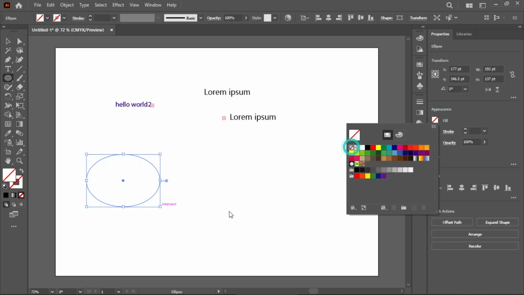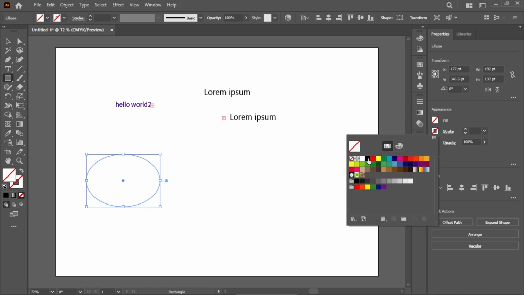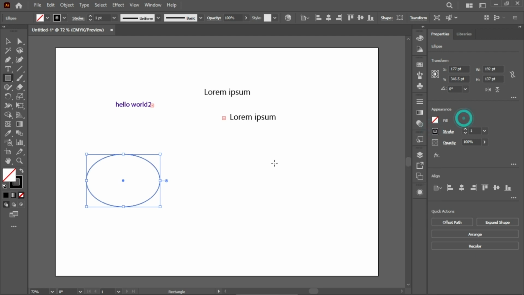Okay, but before that I want to make sure that I have a stroke so that you can understand what I'm trying to do. There you go. Now let's go back and use the rectangle tool, and let's also use the polygon tool. There you go. All right, now that we're done with that,